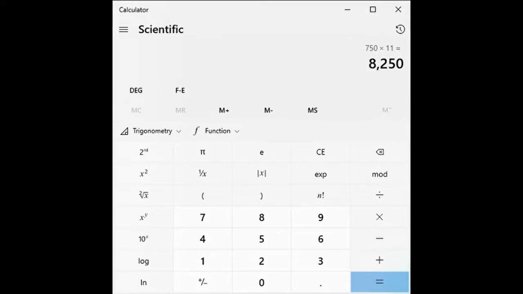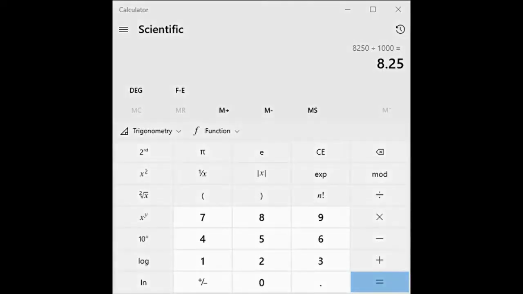Here the values are given in terms of microamps as well as kilo ohms. Micro means 10 power minus 6, kilo means 10 power 3. So the remaining term will be 10 power minus 6 plus 3, which becomes 10 power minus 3. So if you divide it by 1000, you will get the answer. It is around 8.25 volts.